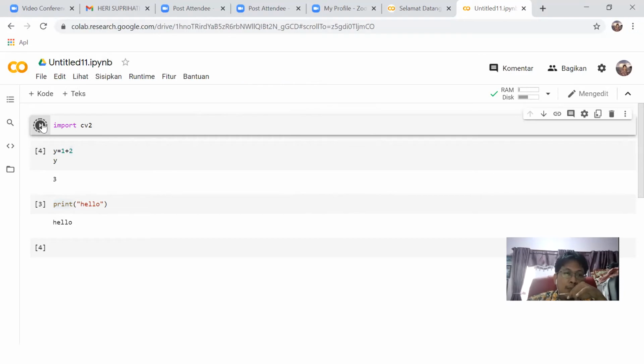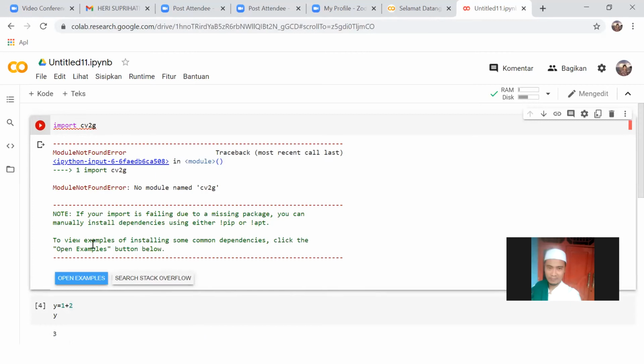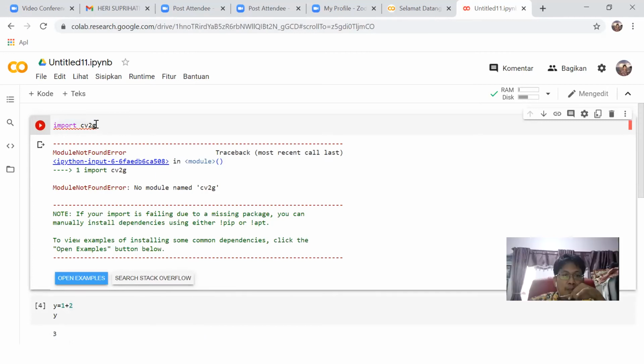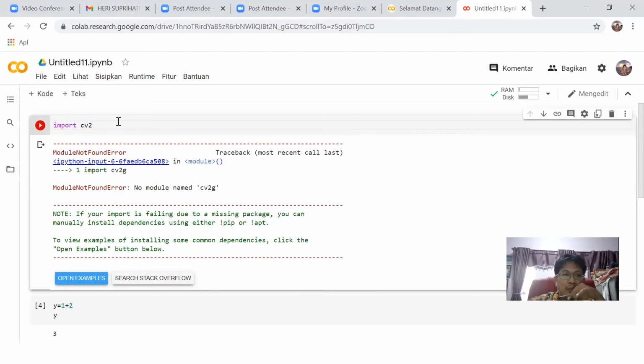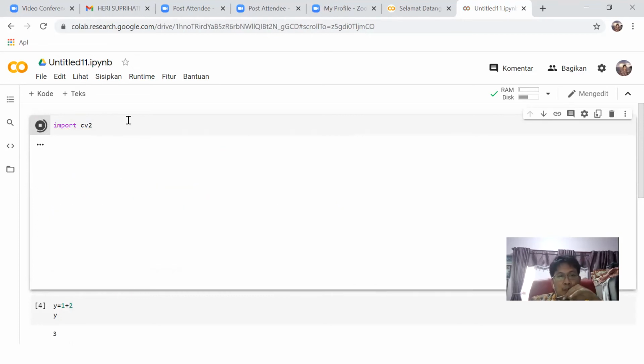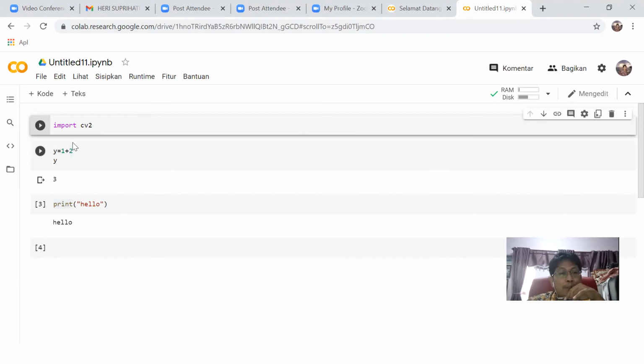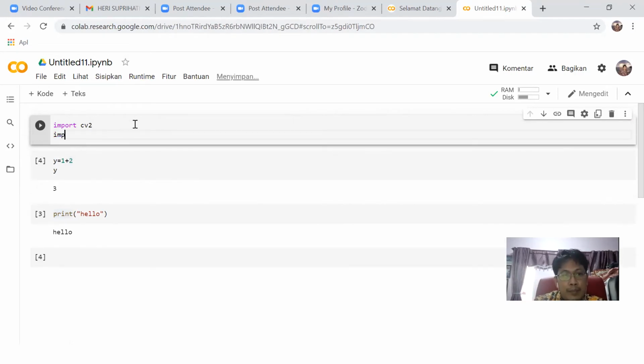Okay, we just run this import. If there is no error, for example, we use this. It means that Google Colab didn't understand this, so we use OpenCV version 2. Okay. So we have already imported it, and another, for example, NumPy.